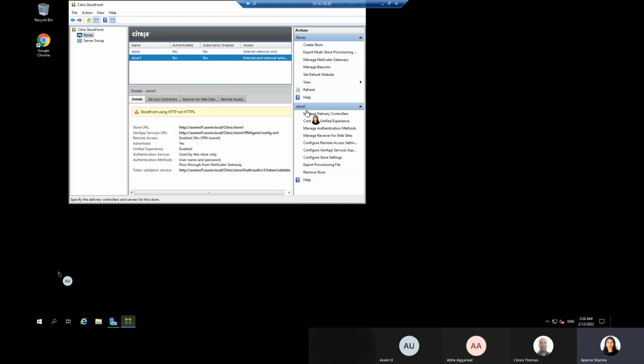and create an ICA file. In that ICA file, it'll say, okay, this is the IP of the VDA server that I got from the delivery controller. This is the port,